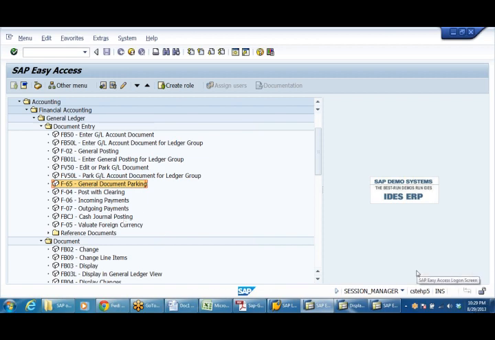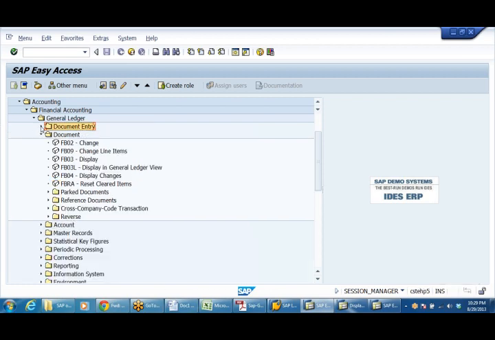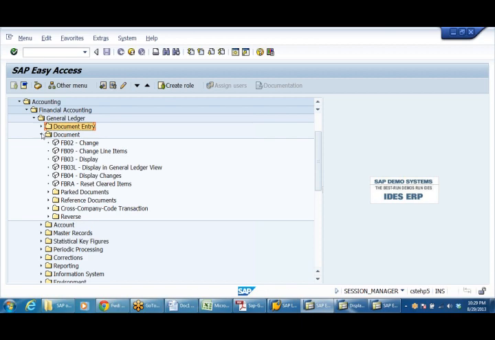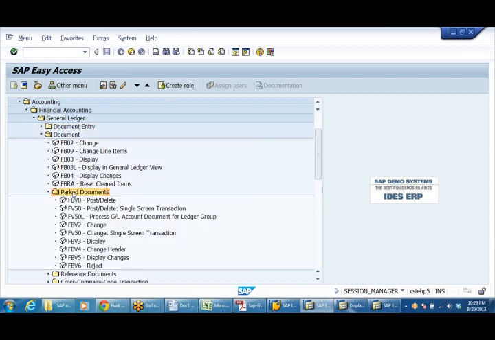Otherwise, if he is in a meeting somewhere, outside, and he comes and wants to see where the parked documents are, he'll go to parked documents. Post or delete, change, display, all these things can be seen.